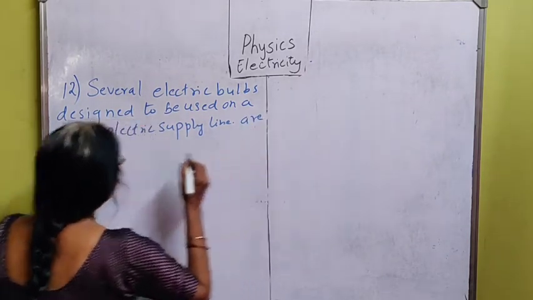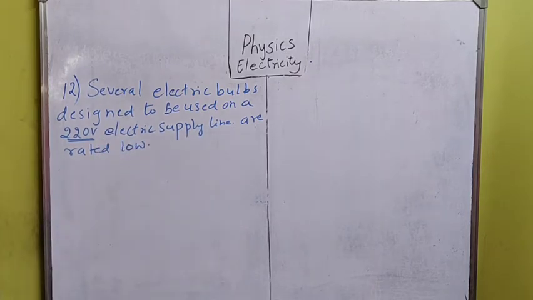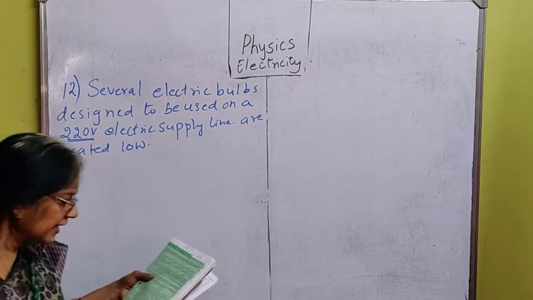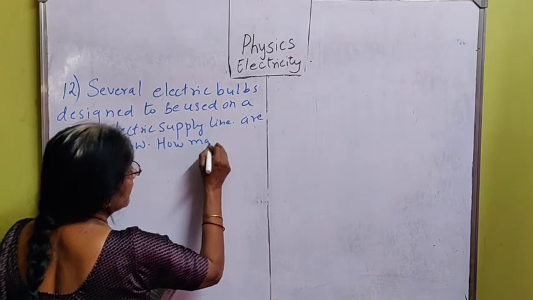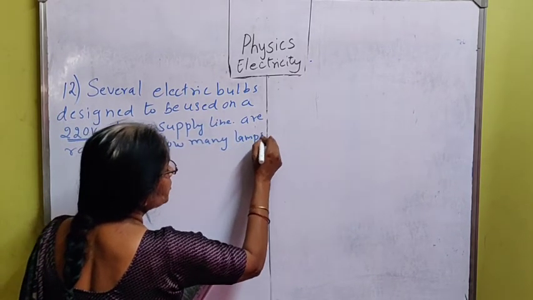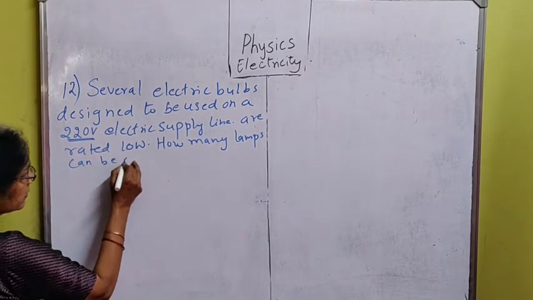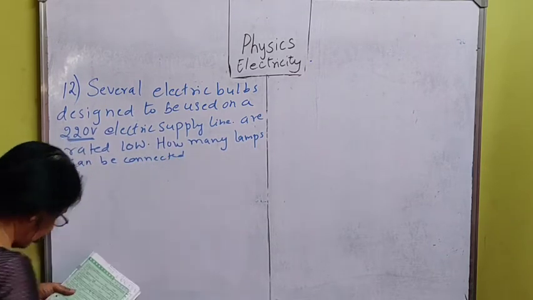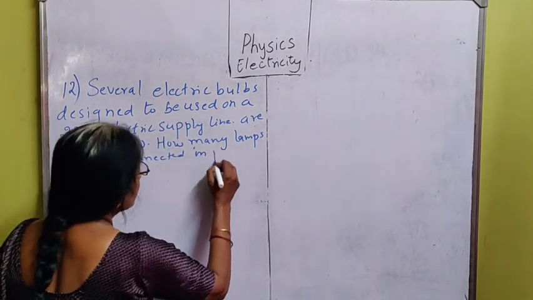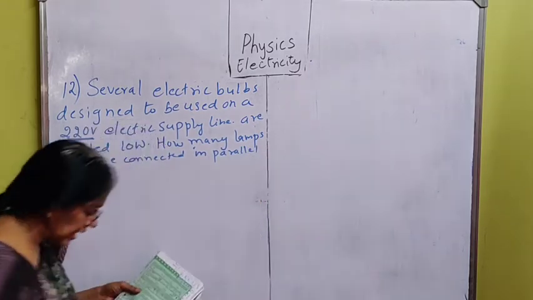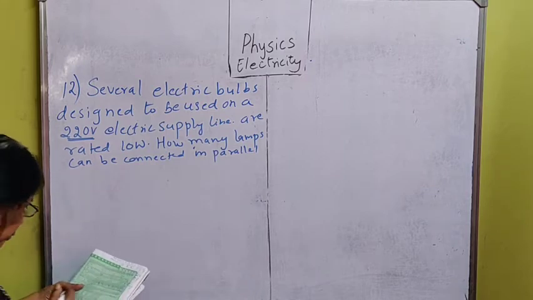Rated 10 watt. So the power of each bulb is 10 watt. How many lamps can be connected in parallel with each other